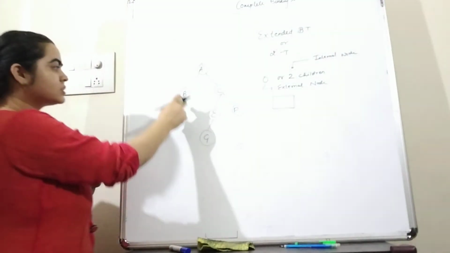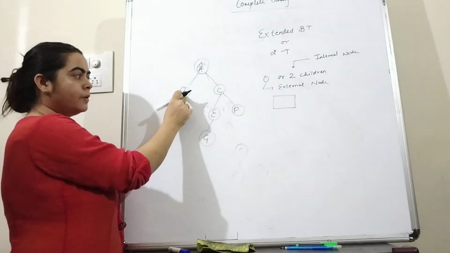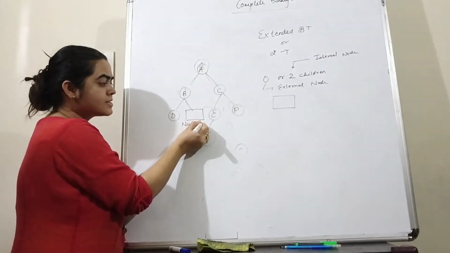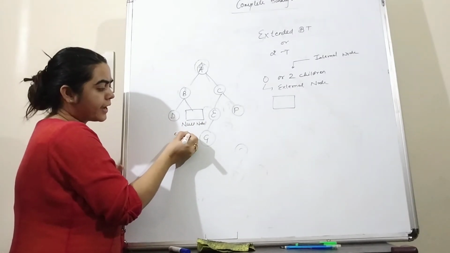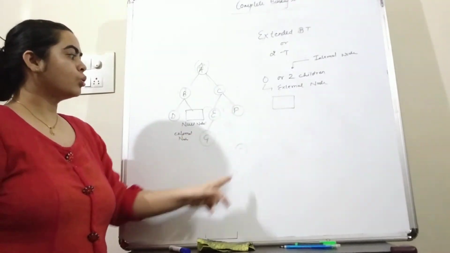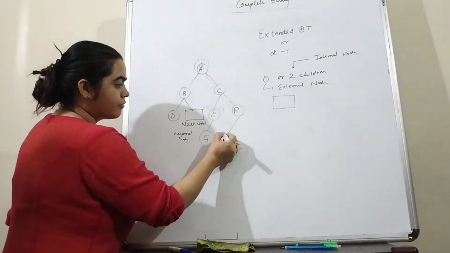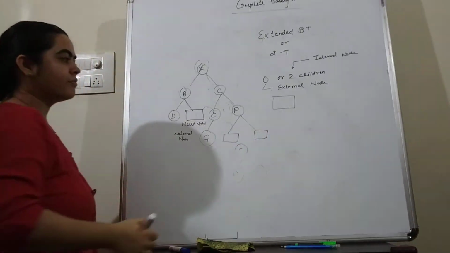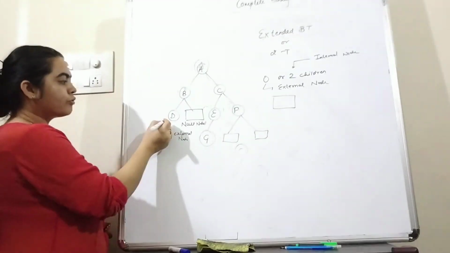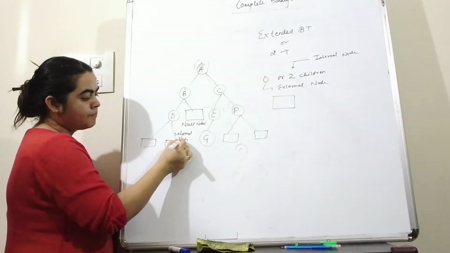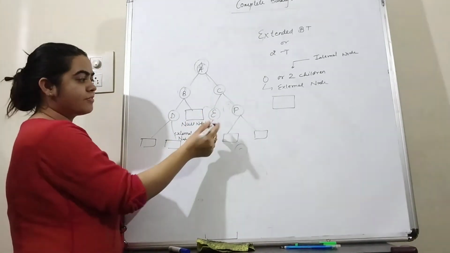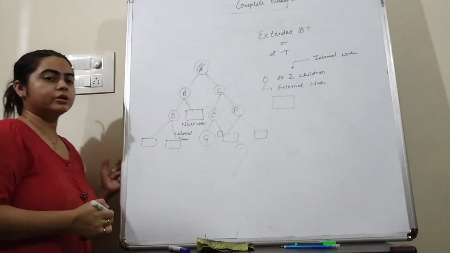So this subtree of the B node, we have to replace with the null node, or we can say that we have to replace it with the external node. Next, for F there is no node, so we have to replace both the left and right child with the null nodes, or external nodes. Again for D we have to replace it with the external nodes, and for E there is only a left child, so we have to put one null node on the right side of E.